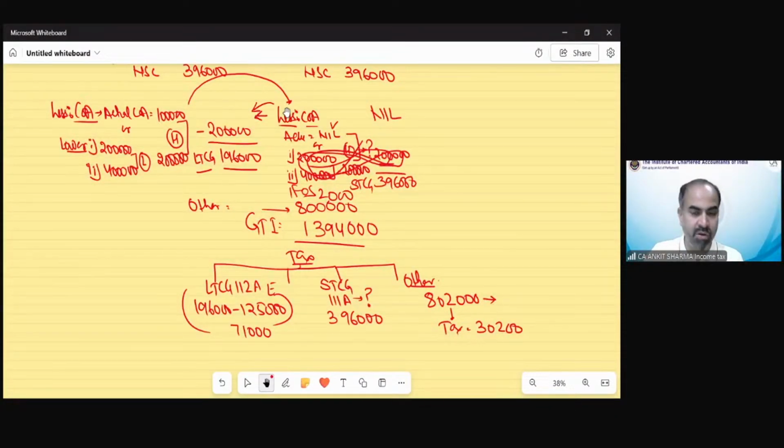Yes, Chauhan, very good. It's 20% we have to apply. Why 20%? Because it's on or after 23rd of July. If it is before 23rd of July, the rate would be 15%. So now 396 is there. The tax would be